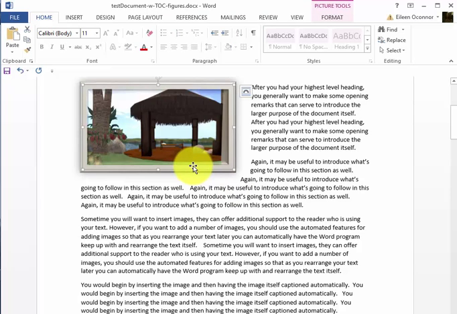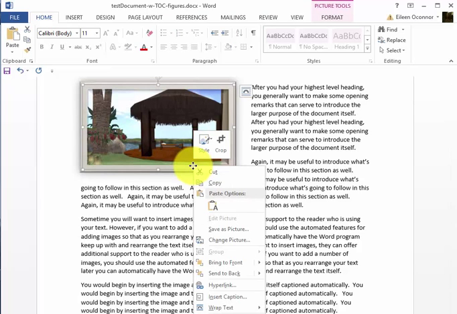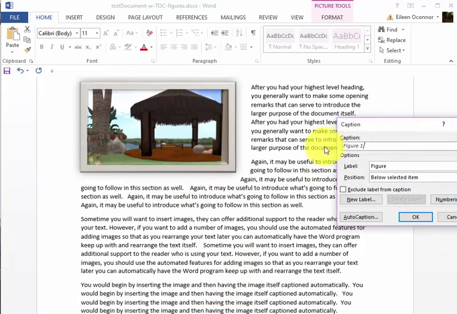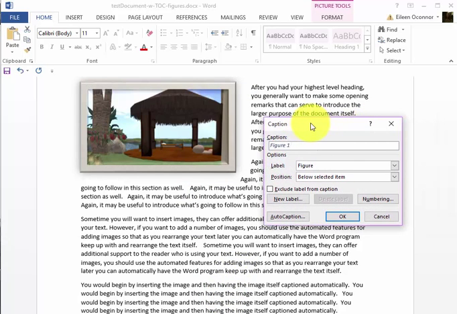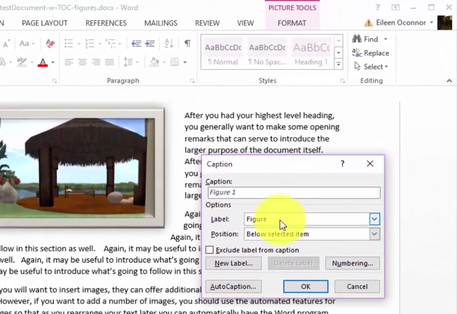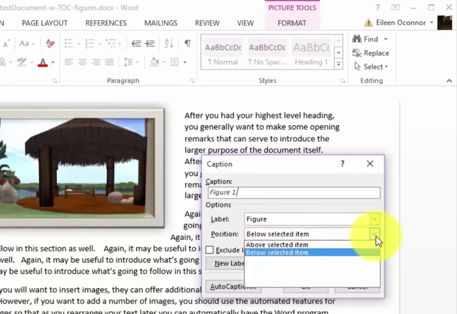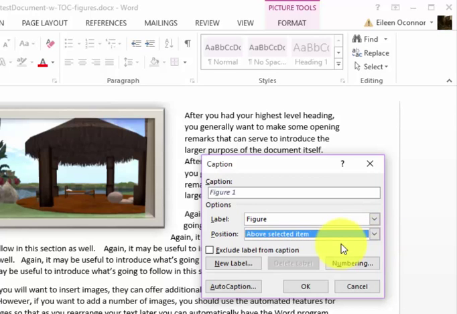Now I am right-clicking to bring up the different context options, and if you look down below, there's one called Insert Caption, and when I click that, I will automatically have a caption put in. Notice though it's going by default below the selected item. I tend to like to put it above the selected item. So I go there, and then I click into the text insertion box, and I'm going to say these are native huts. And when I click OK,